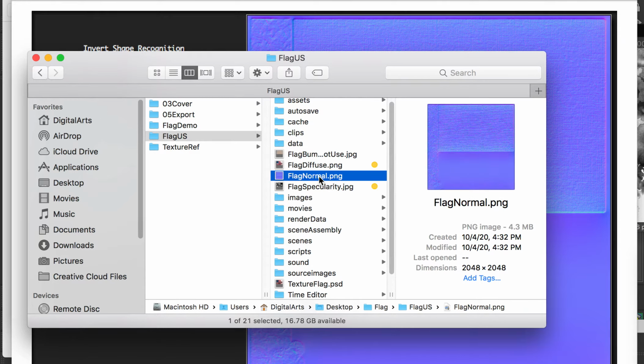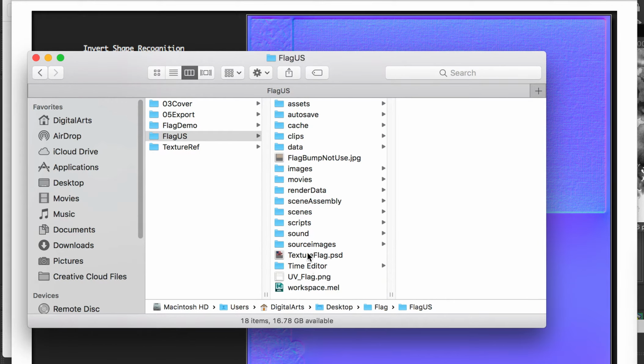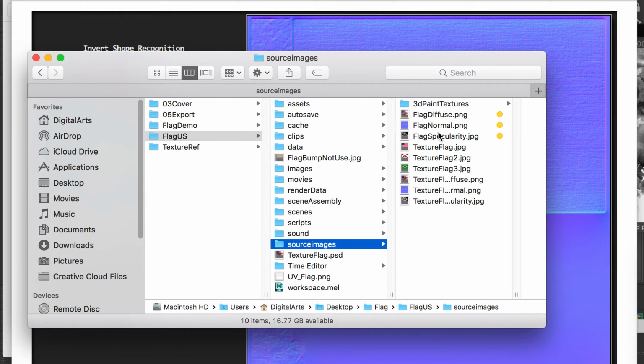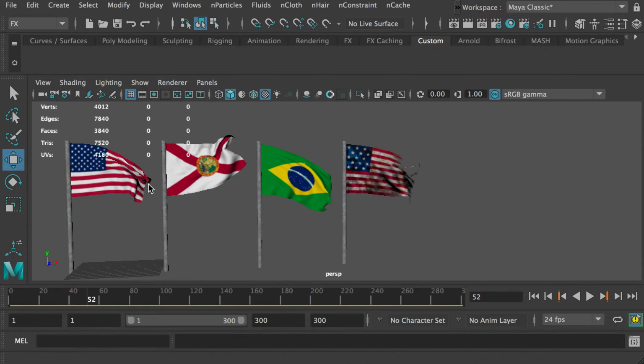Okay, so here it is. I'll tag it as a yellow color, and this will be our final map. And I'll put all these three maps into our source image folder, which we can find in Maya. Alright, so now let's switch back to Maya, and I will